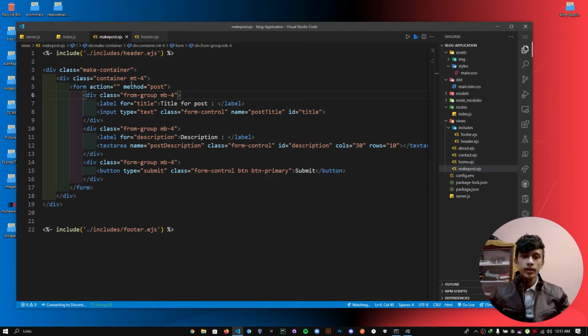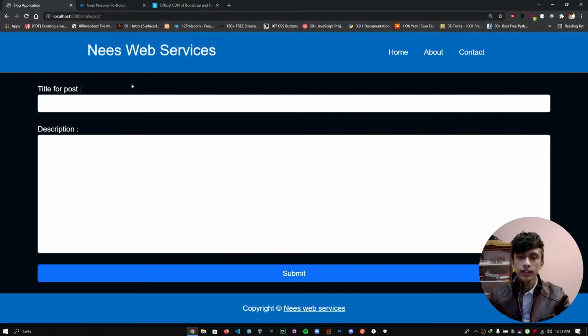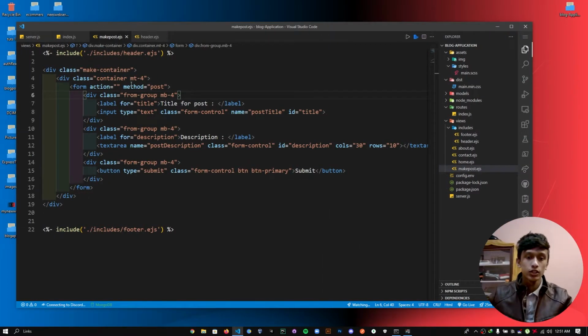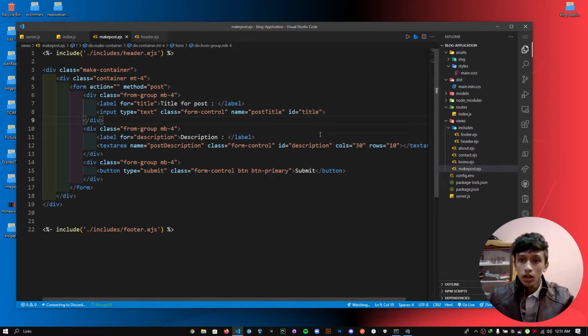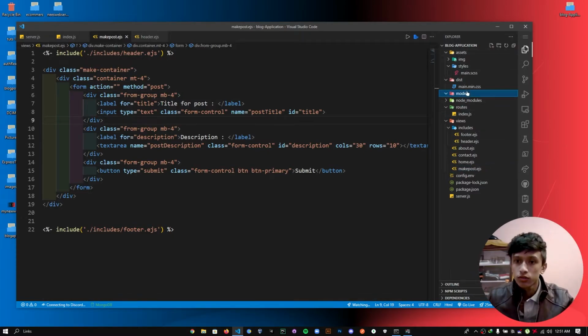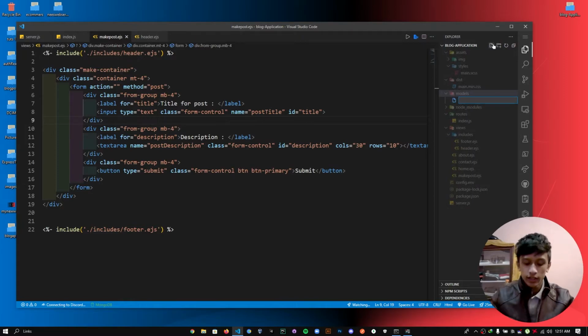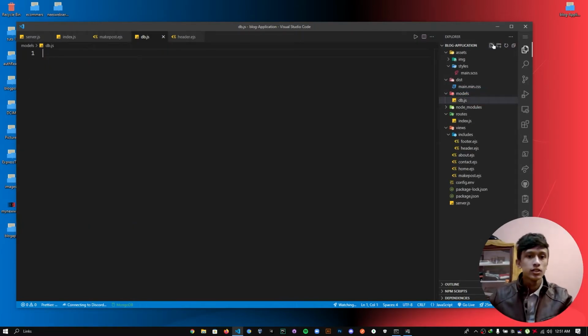Now we created this, and then what we have to do now is use mongoose for the database. Let's go. Inside the models folder we will create db.js. This is going to be our connection. First, mongoose equals